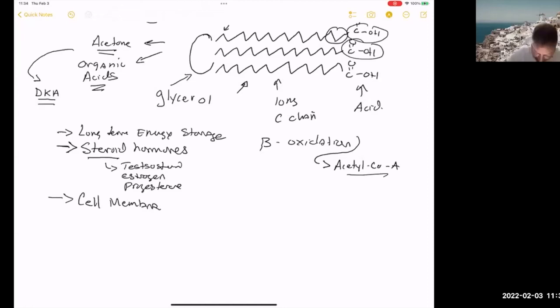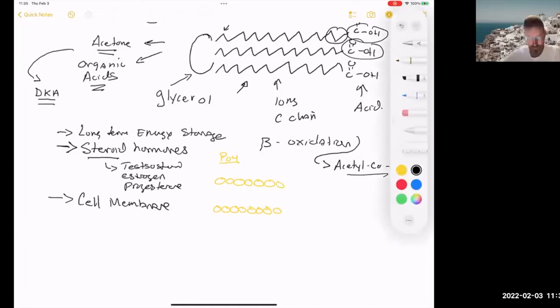Remember, the cell membrane consists of a phospholipid bilayer. So what you have in the cell membrane is phosphate, that's PO4. You have these phosphate heads on the outside and the inside of the cell, and the phosphate is polar, so it can interact with water, but you have lipid tails